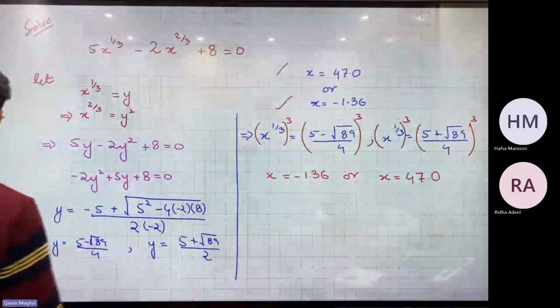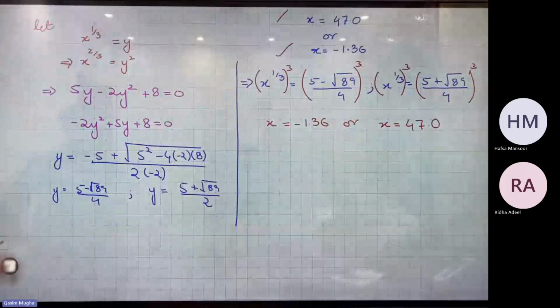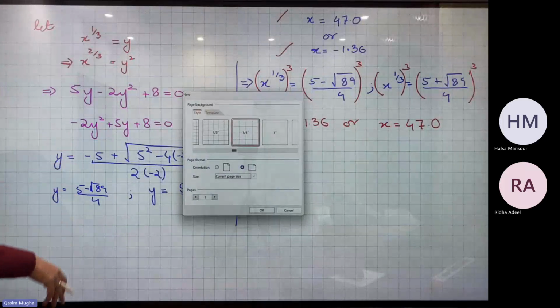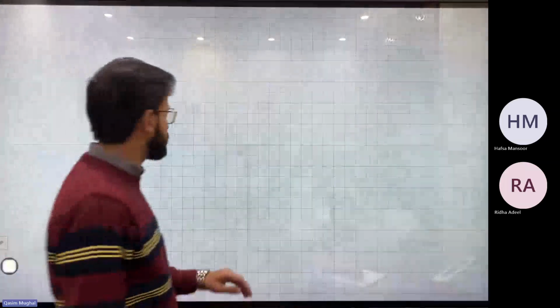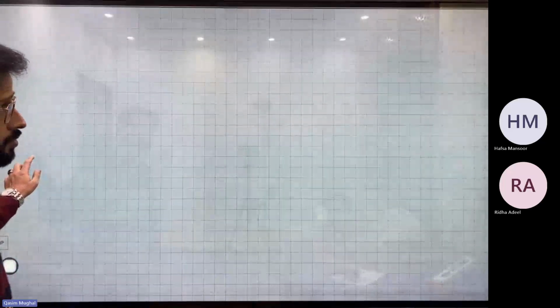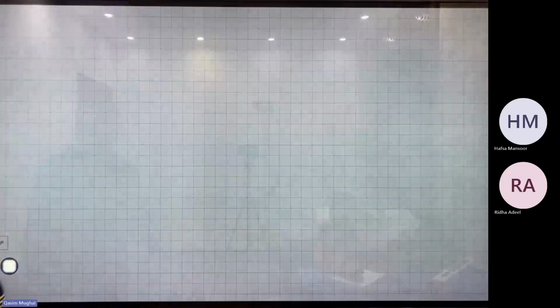Chalo. So this was a recap of what we did in our previous lesson. And one more question was there. This was an extra question for the sake of practice. I hope, Rida, it is clear after watching the recording of the previous lesson, it will be more clear. So let's start off a new thing, which is solving